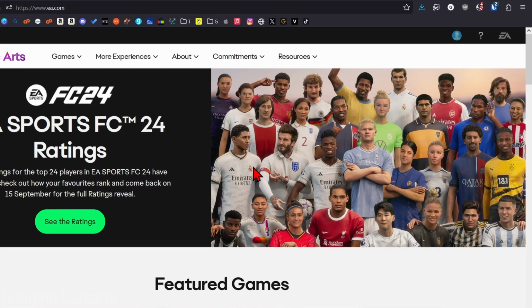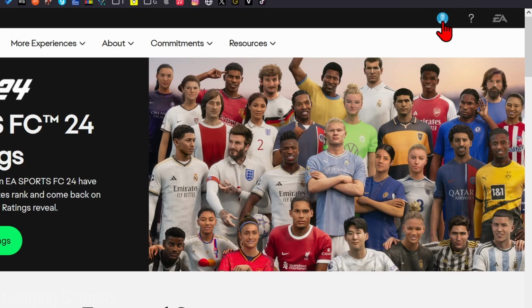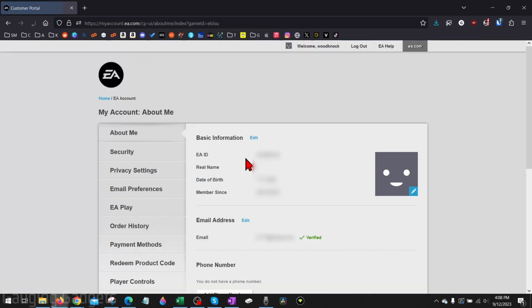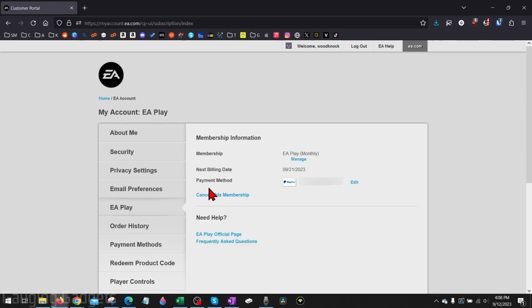Once you sign in, go up in the top right, select your profile icon, and then go down and select account settings. Now, because we have EA Play in the left menu here, we'll see EA Play. We have the option to change the payment method if we want to, maybe change it to a credit card or a PayPal account. To cancel our EA Play membership, all we need to do is select cancel this membership,